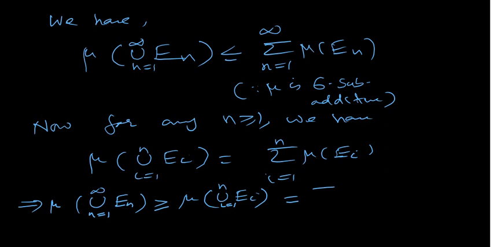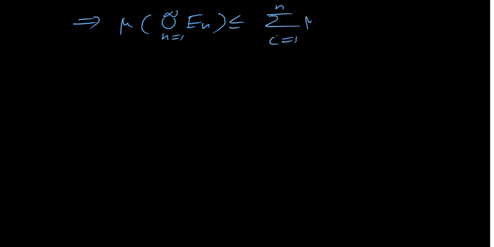Which is equal to summation i runs from 1 to n mu of Ei. You can see the reason, because mu is monotone. So this implies that mu of union En, n runs from 1 to infinity, is greater or equal to summation i runs from 1 to n mu of Ei. This is true for all n greater or equal to 1. Now letting n approach infinity,